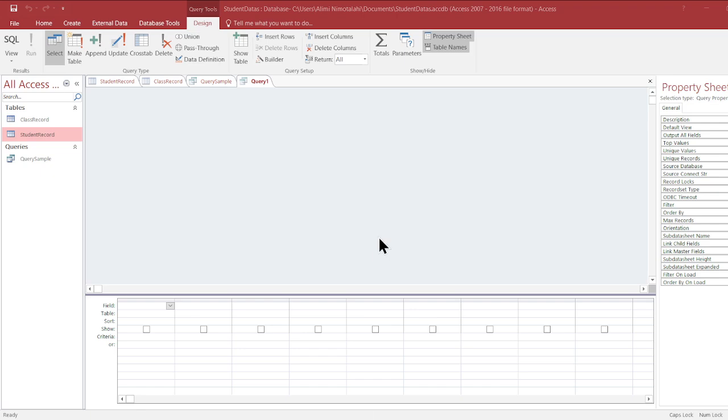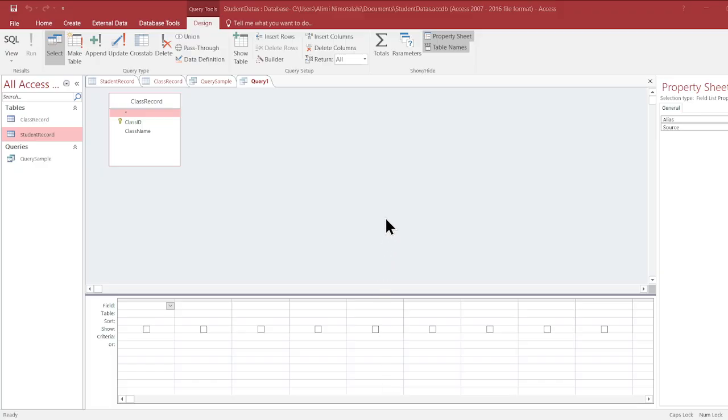Now, from our last session, where we have to query our data, because one of the properties or functions of a database is to query or get reports from the database. Now, we have two records here. We have the class record, we have added already. We have the student record. Now, let's query the database